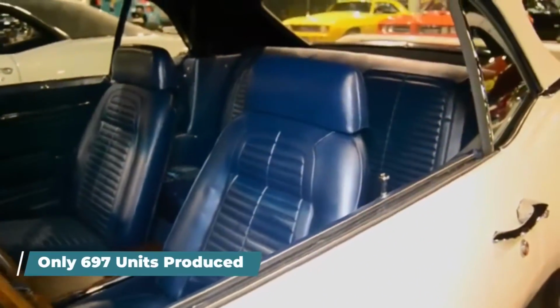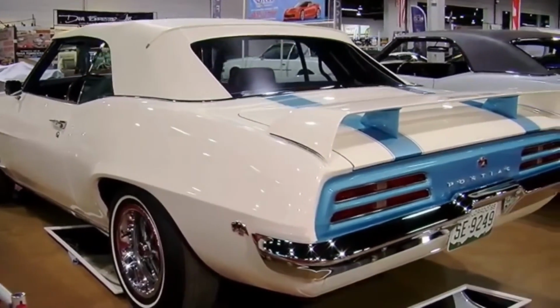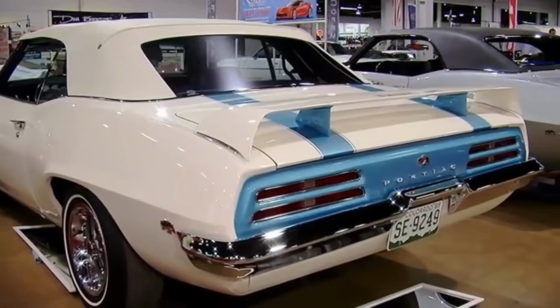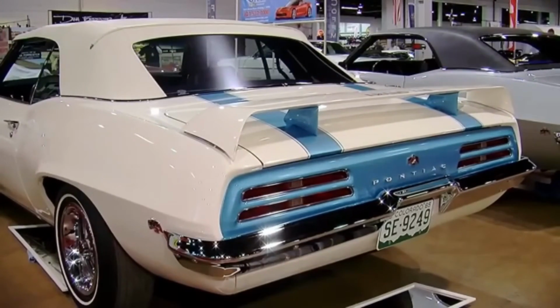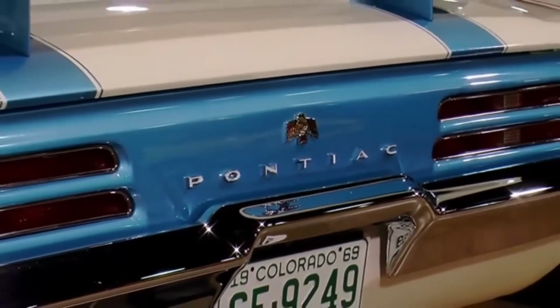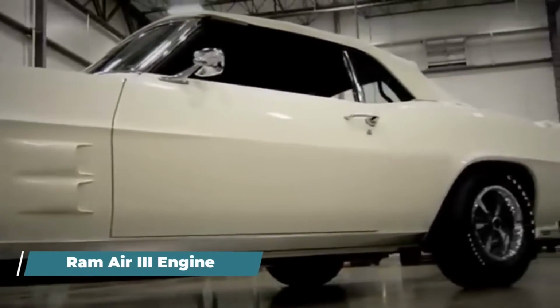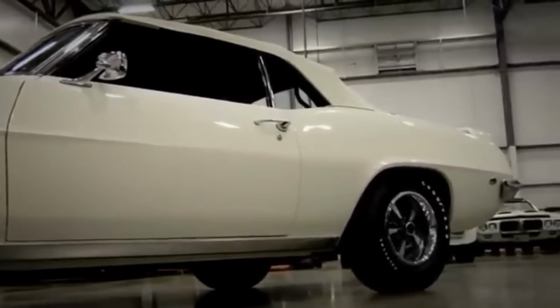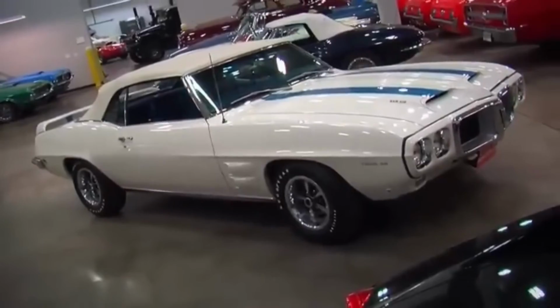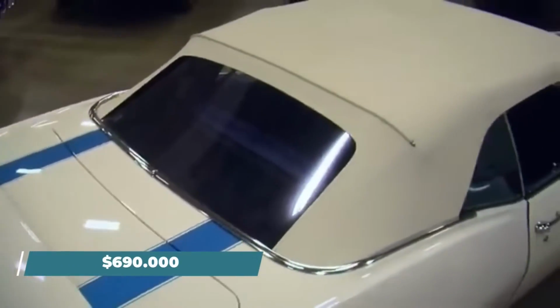With just 697 units ever built, 689 coupes and a mere 8 convertibles, it's no wonder the 1969 Trans Am is a pricey gem in the world of classic muscle cars. All 1969 Trans Am convertibles are powered by the Ram Air 3 engine, adding to their exclusivity and value. According to Haggerty, these unicorns are valued at an astonishing $690,000 in fair condition alone. For primo ones, the value skyrockets to